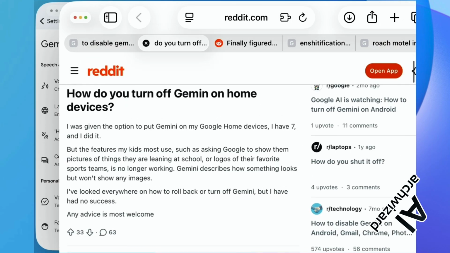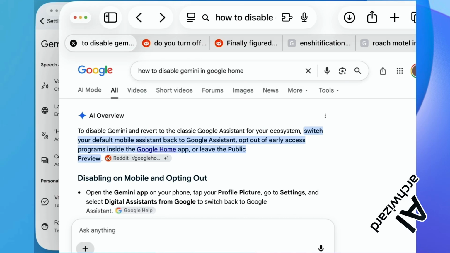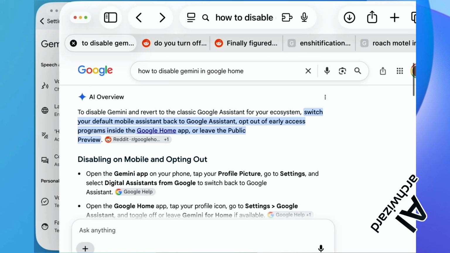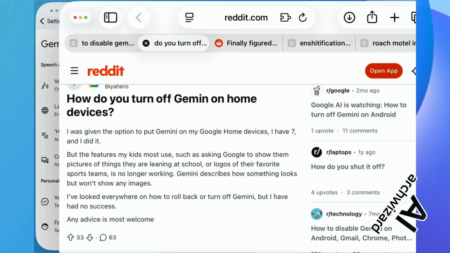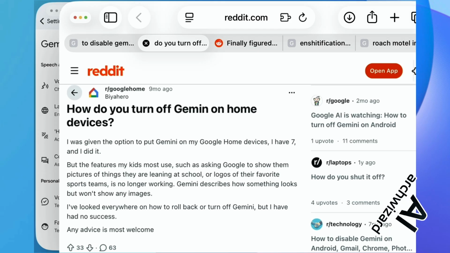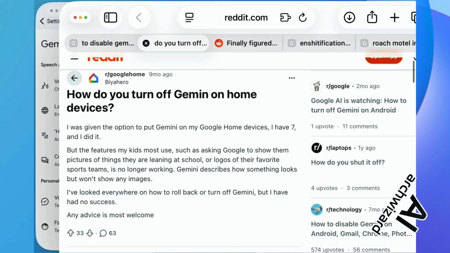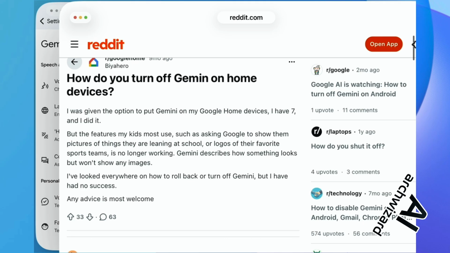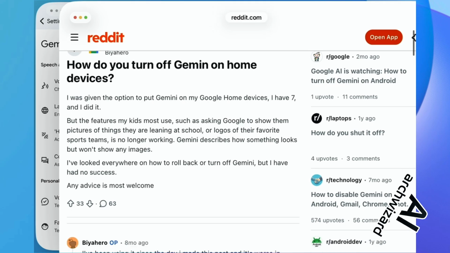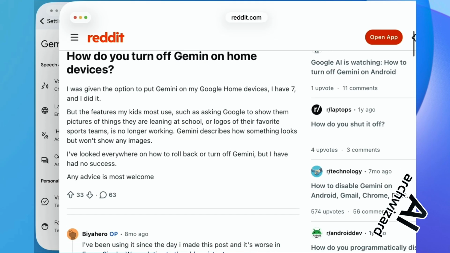So how to turn it off? To turn it off, one way is, how do you turn off Gemini on Google Home devices? I was given the option to put Gemini on my Google Home devices. I'm quoting. I have 7, and I did it.